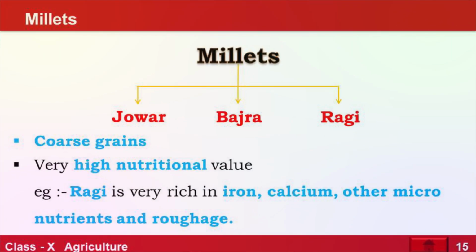Next we have millets. Millets are further divided into 3: jowar, bajra and ragi, and they are also called coarse grain. Coarse grains are very crucial for us to have, because they are very good for our digestive system. Normally we are more into white flour, which is called maida, and the products of that, which actually kills us slowly because it does not help us to clean our system. However, bajra, ragi, jowar, these crops help us in cleaning our system. It helps in flushing the impurities or toxins of our body.